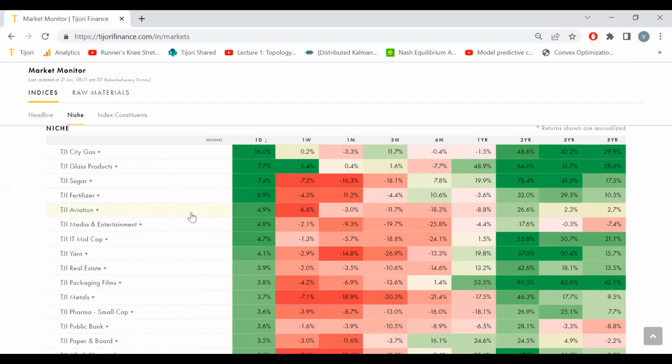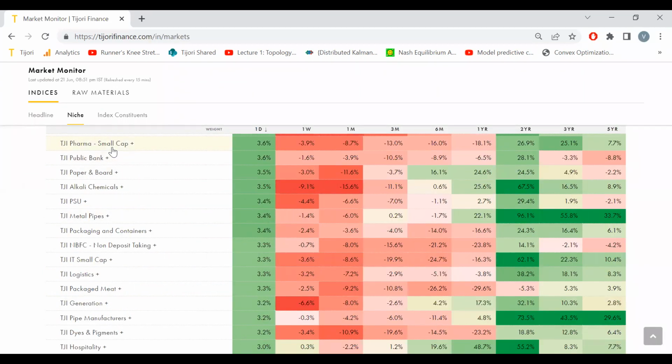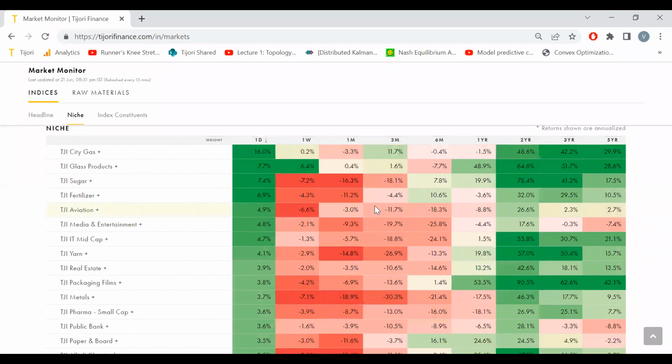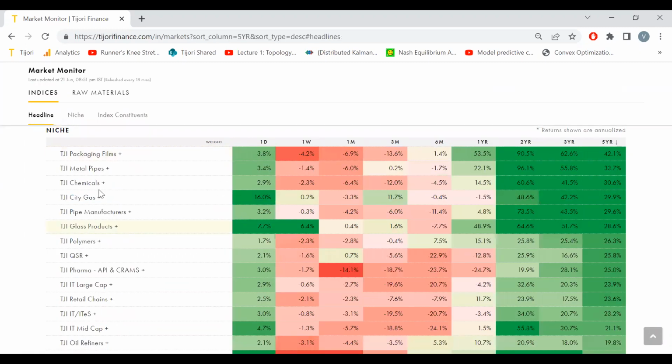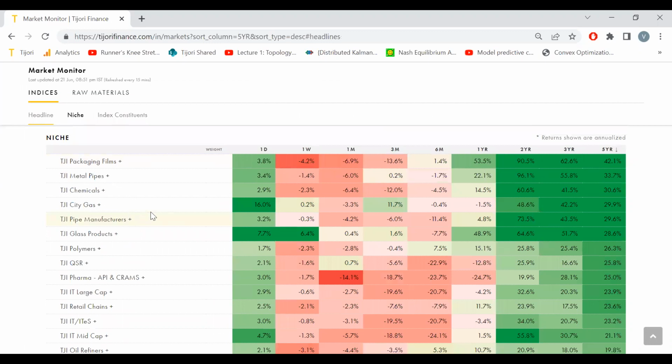So what that means is, you might find an NSE pharma index or a public or private bank index. But if you just take pharma, we have a pharma small cap index, we might have a pharma API index, we might have a pharma large cap index, I've lost track. What you can do is see what has moved over time and by how much. If I just filter here by 5 years, it does a lot of data crunching. So some segment tailwinds could be there.